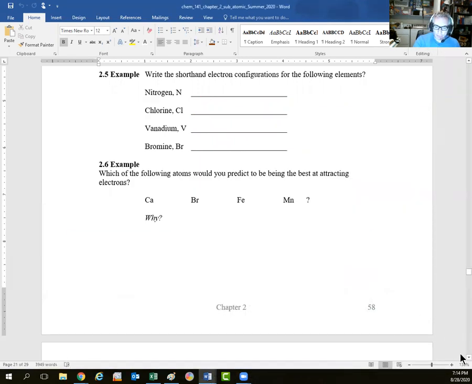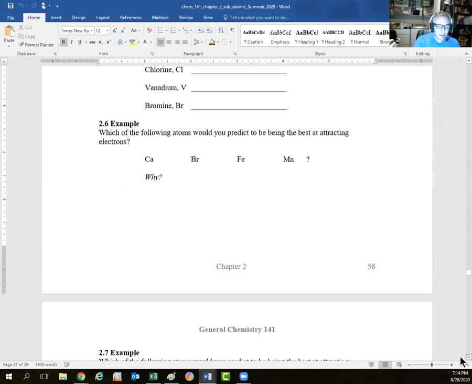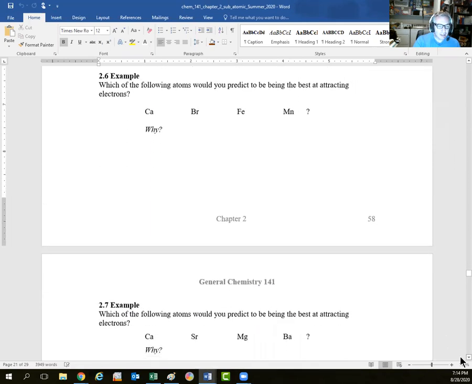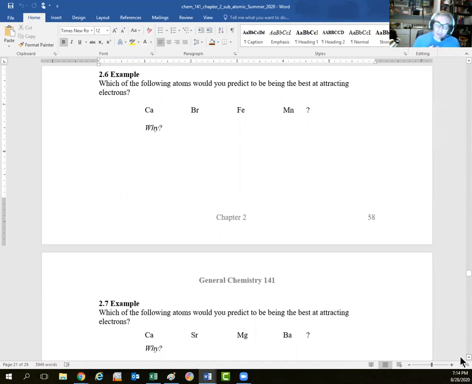So moving on, finishing up the chapter, we've got just a couple of questions alluding to those trends that we had talked about earlier, before we looked at electron configurations: the changing size of atoms as we moved around the periodic table, and the changing ability for atoms to attract electrons, what we called